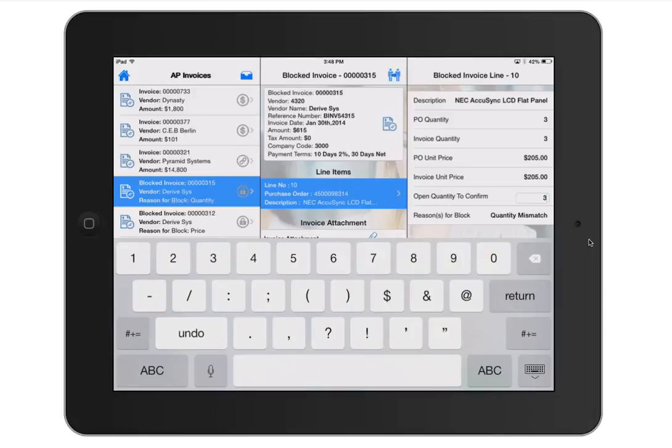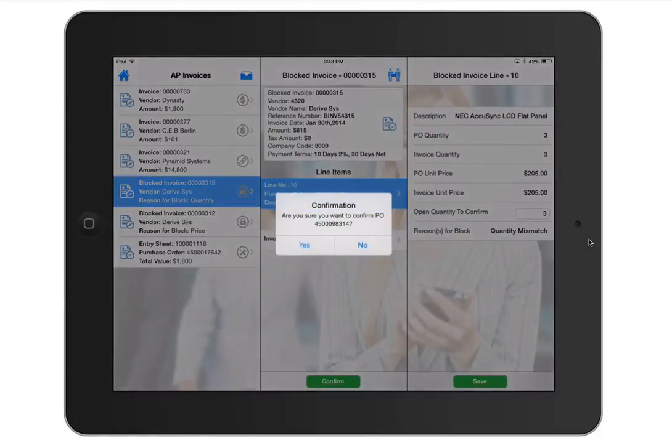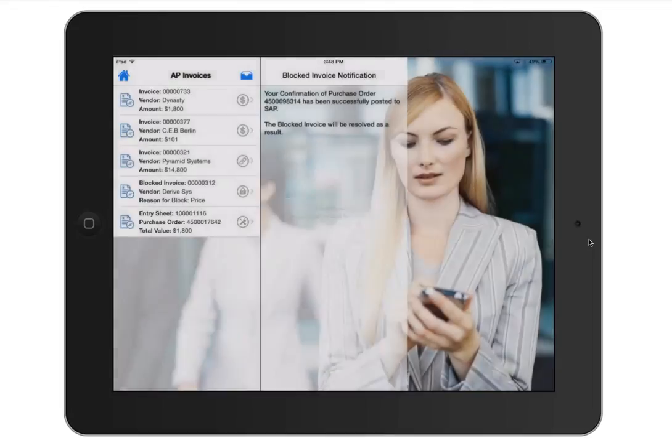So all I do is enter the quantity. In this case, I'm going to assume that it's a full goods receipt, which means I have received all the three parts requested on this invoice. And then all I do is click save and click confirm. It gives you a pop-up asking if you really want to confirm or enter a goods receipt for this PO. And when I click yes, the system automatically posts a goods receipt into the backend system and unblocks your invoice